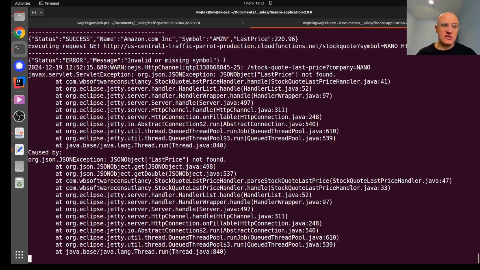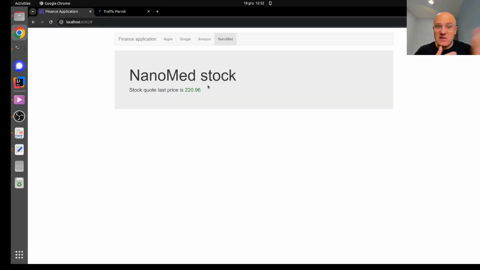And this application doesn't know what to do with this, so it just leaves the previous price. So this is obviously a bug that we need to fix. However, how do we fix this if we don't have access to setting up Nanomed's test data in the backend system? Well, what we can do is use Traffic Parrot, put it between this application and the backend systems,